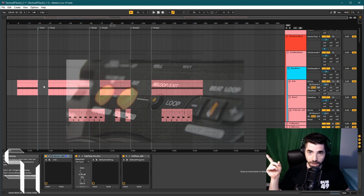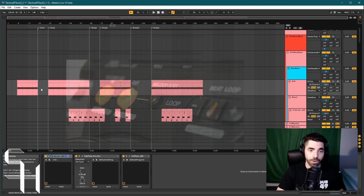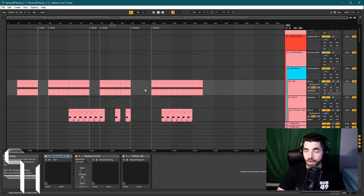I'll put a picture up here. On the Pioneer one, if you hold the button, it's automatically a 1-bar loop. So that's probably the most common way, at least when I DJ, unless it's a special section that I want to loop 2 or 4 bars or whatever. So in each intro and break, you want at least one little section, at least 1 bar, that the DJ can loop. And so if we listen here,